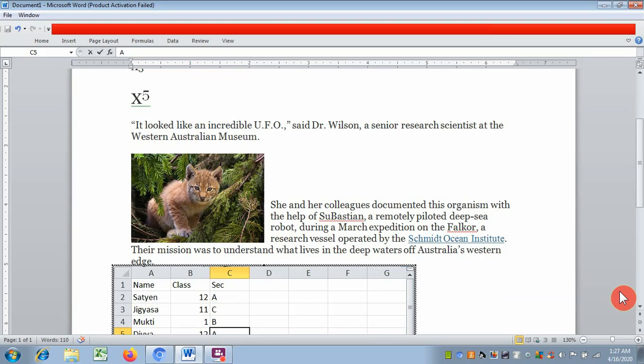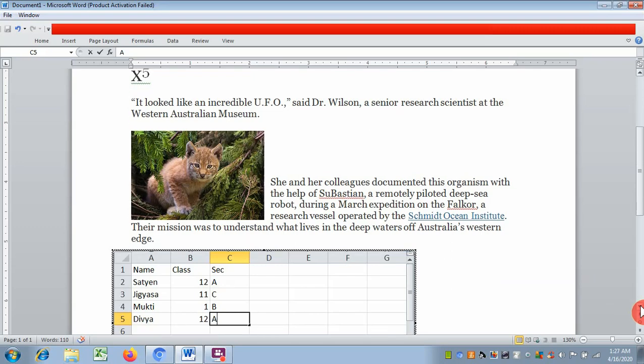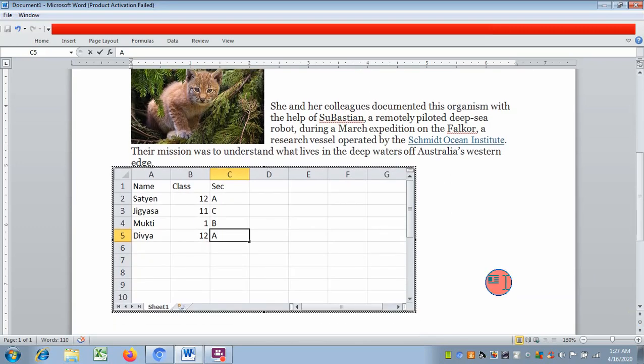You can see, let me just scroll down. So this object we can have.